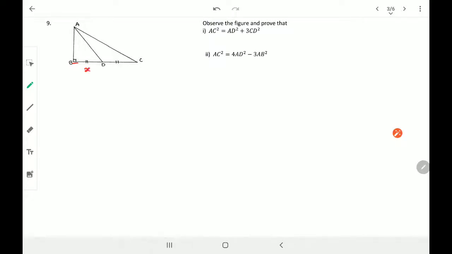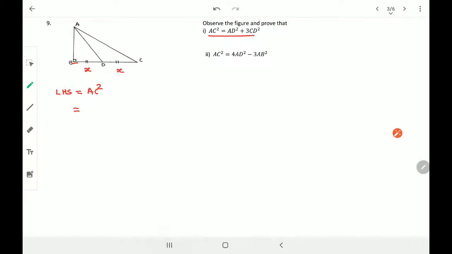It's very simple. You can say this as X and X. Okay, the things which are equal, any information that is given, you can write that information in the form of X. Things might become easy. So now I have to observe the figure and prove this part. Okay, AC square is whatever is given. So I'll take LHS, which is AC square is equal to. I would try to write that in the form of X. However is possible, I am going to write that in the form of X.